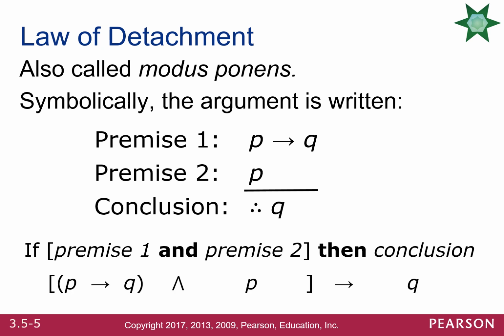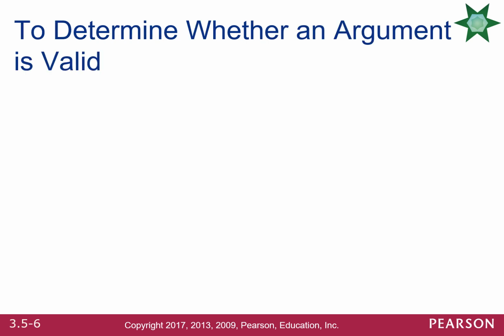And so based on these premises and conclusions, we see over here the symbolic representation, which is within square brackets: if P, then Q, and P, these two premises joined by the and symbol, then the conclusion is Q. Now, before we go into working an example on validating an argument, we're first going to walk